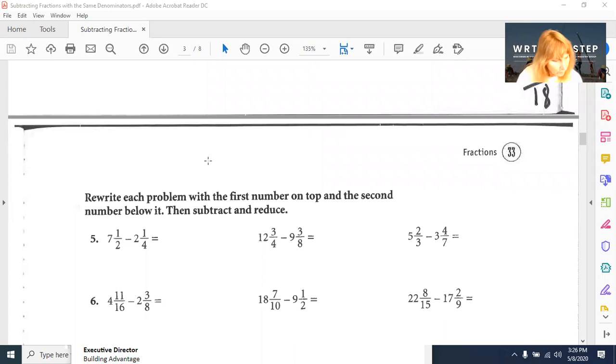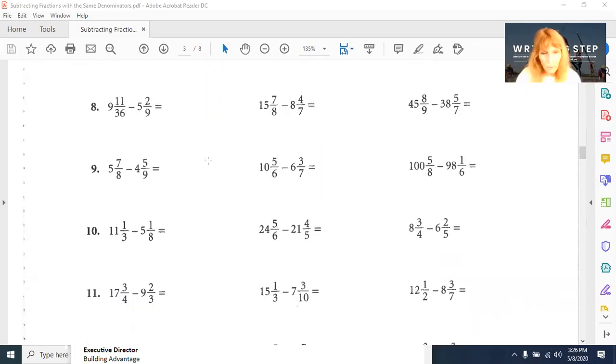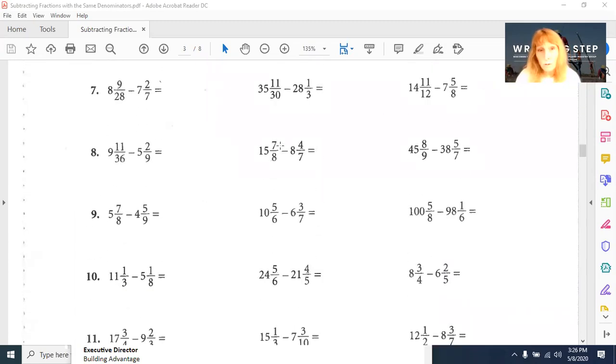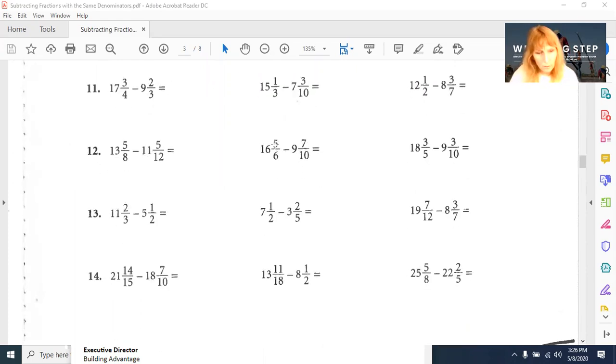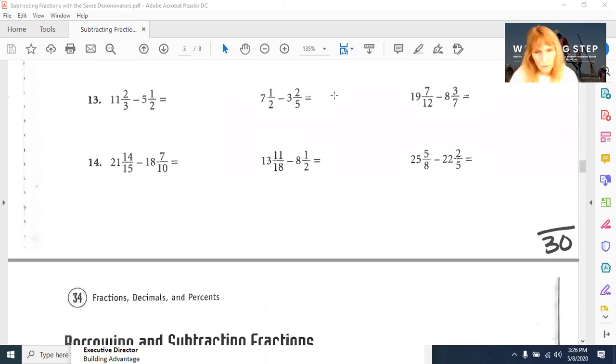Number row 14. So these are all very similar problems. It's all doing the same thing. They're just written horizontally. You have to rewrite them vertically in order to solve them for the most part. So let's go on to some of the hard ones here. Let's look at 14. We have